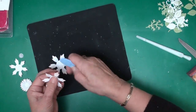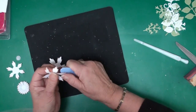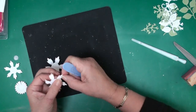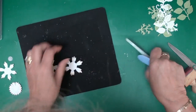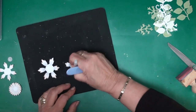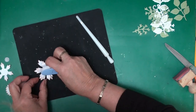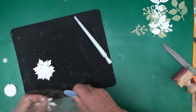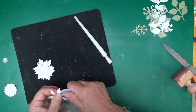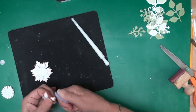Now once I've inked the edges, I'm just going to use a bone folder just to curl some shape into these petals, and then on an old mouse mat I'm just going to run a ball tool around the middle, and then I'm going to layer them up so that the petals are offset. I'm going to do that with all the different layers,